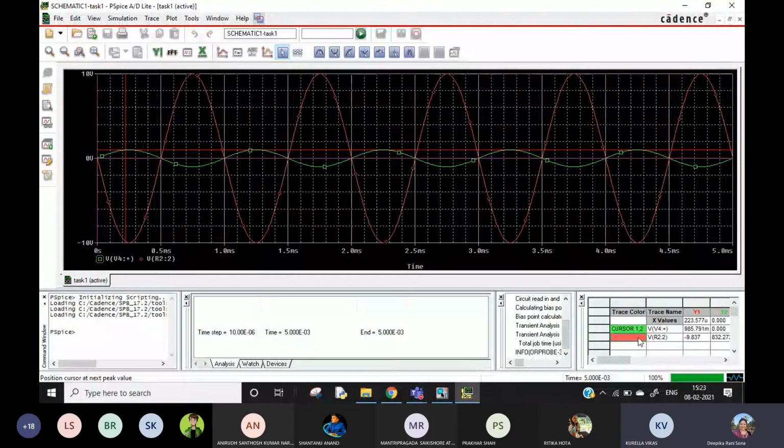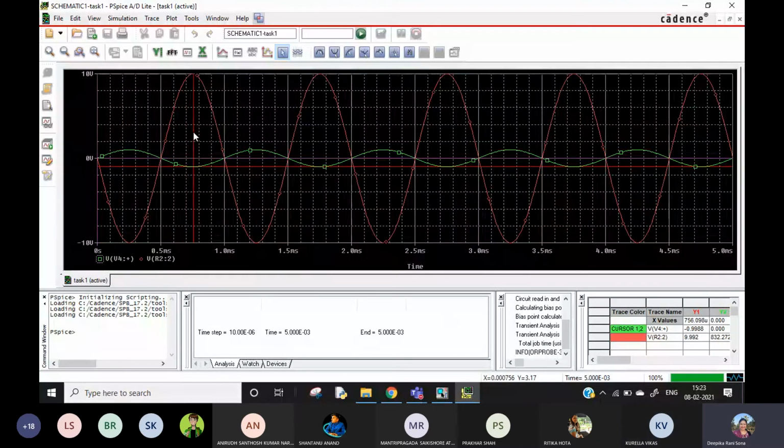And yes, guys, you have to see this very clearly. The input is 1 volt, output is amplified and inverted. That you have to realize. For the green one, we have to do it again, click here. The same value will come. The red one, if you move, it will come minus. Green, if you move, green will come in that manner. Your voltage will show.